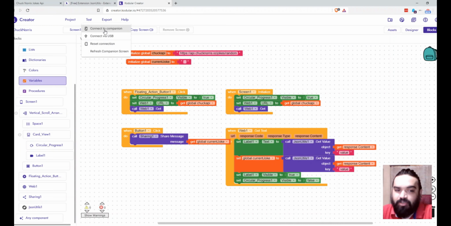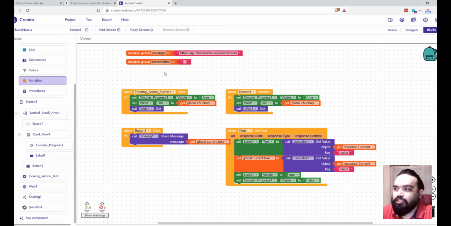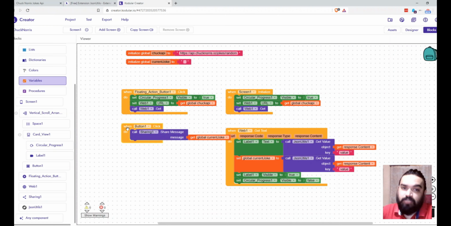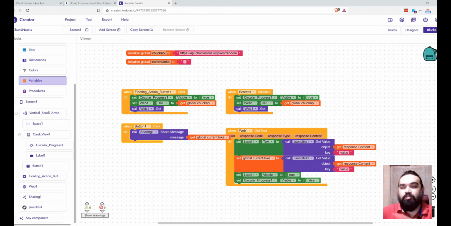The connection part of it I've already shown in the demo part. So this is what is needed for you to build a Chuck Norris API based application on Android. You can use this for any API. Depending on the API complexity, you have to increase the complexity of the parsing calls here. And yep, so that's the tutorial, and I hope you've picked up something from this one and have learned how to build an Android app without coding at all, and with just simple blocks based on the MIT App Inventor.